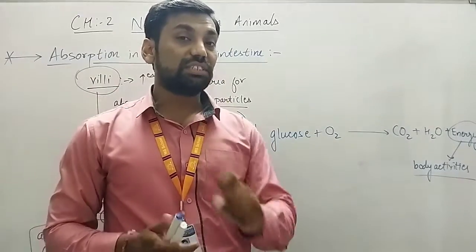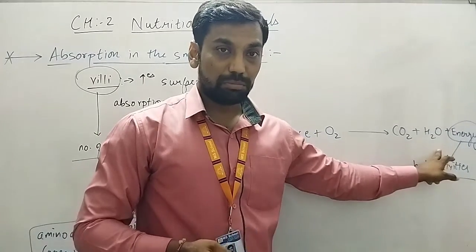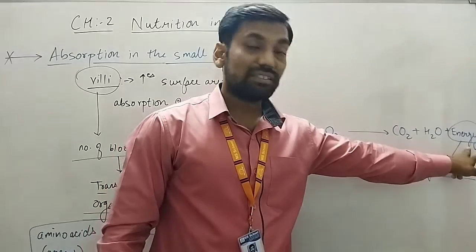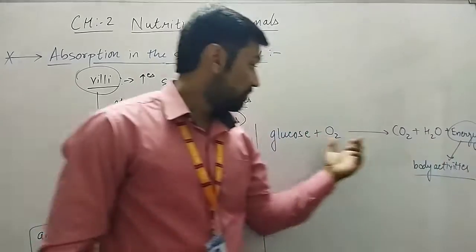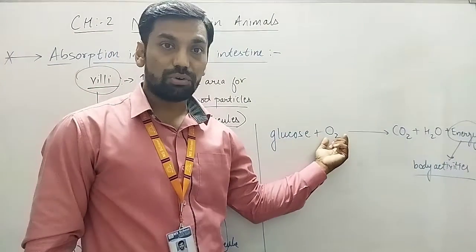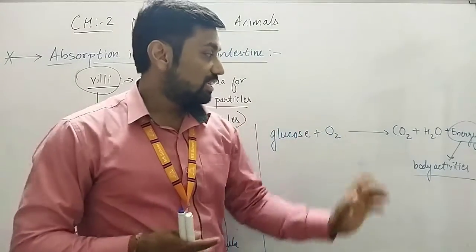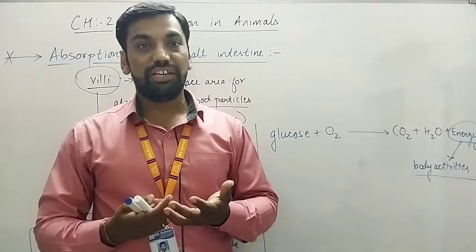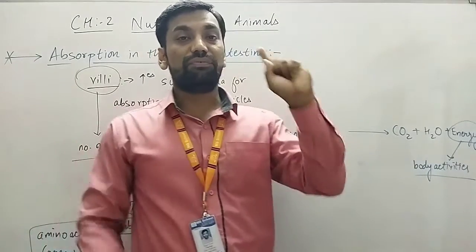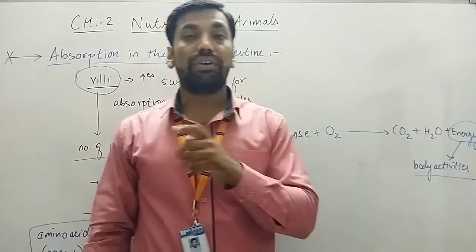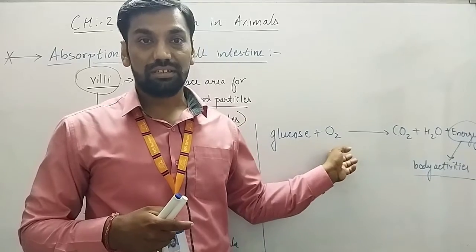In photosynthesis, which we discussed in the first chapter, carbon dioxide from the air and water from the root brought to the leaves, and sunlight energy trapped by chlorophyll form food, and oxygen is given out. So we can conclude that the energy we are using is actually solar energy. That is why in the first chapter we discussed that the ultimate source of energy is sunlight. I hope you understood the relation between the photosynthesis reaction and this reaction.